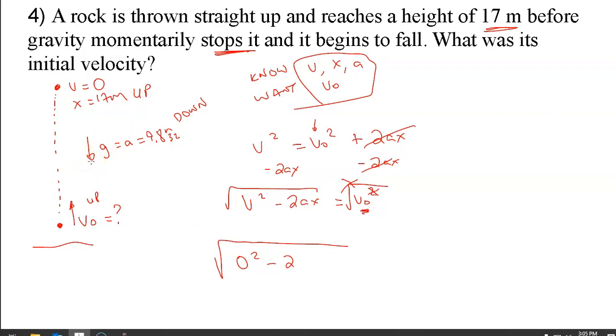I've got to be a little bit careful here. This is where I've got to think about my coordinate system. It doesn't matter which way you set it up, but you need to come over here on the side, at least in your head, and say, I recognize that I've got some up stuff. There are two things that are up and one that's down. You need to pick a direction. Say, I'm going to call up positive. You can pick down positive, I don't care. But pick something and